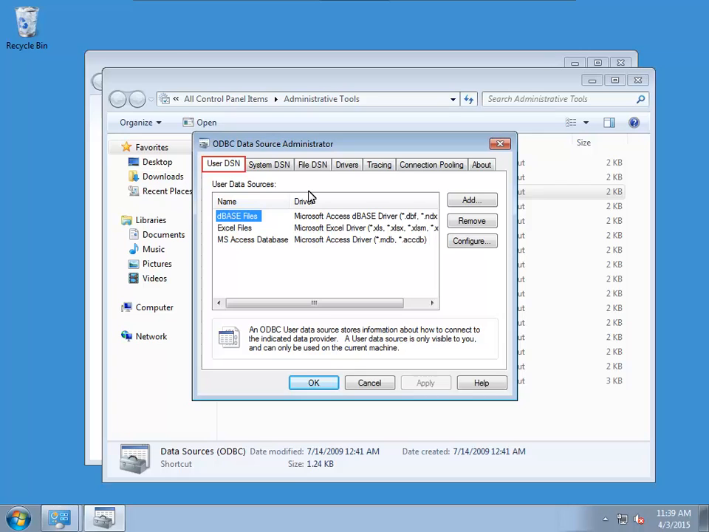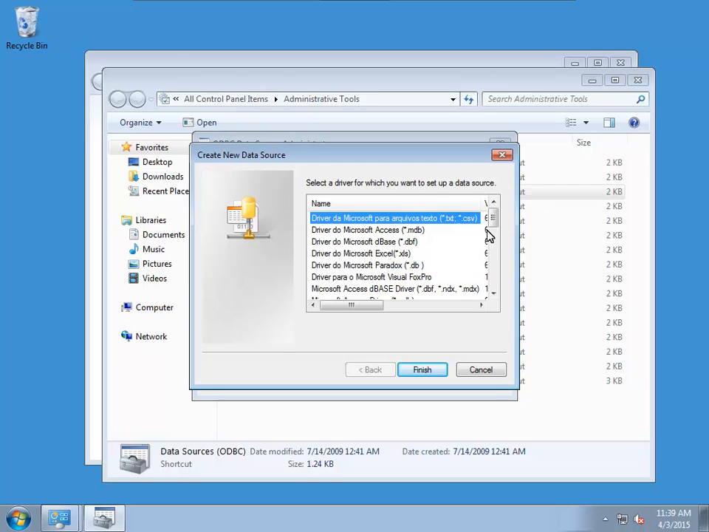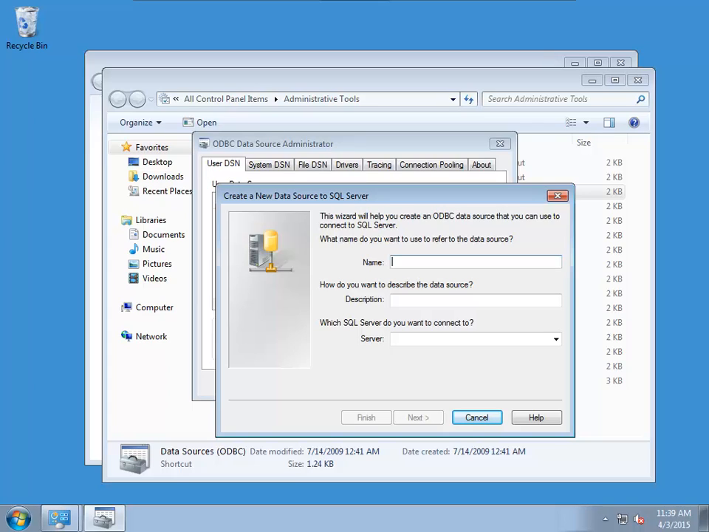On the User DSN tab, click the Add button. Scroll down and select the SQL Server driver. Then click Finish. On the Create a New Data Source to SQL Server window, let's enter a name for the data source and add a description. Then select the SQL Server from the drop-down list